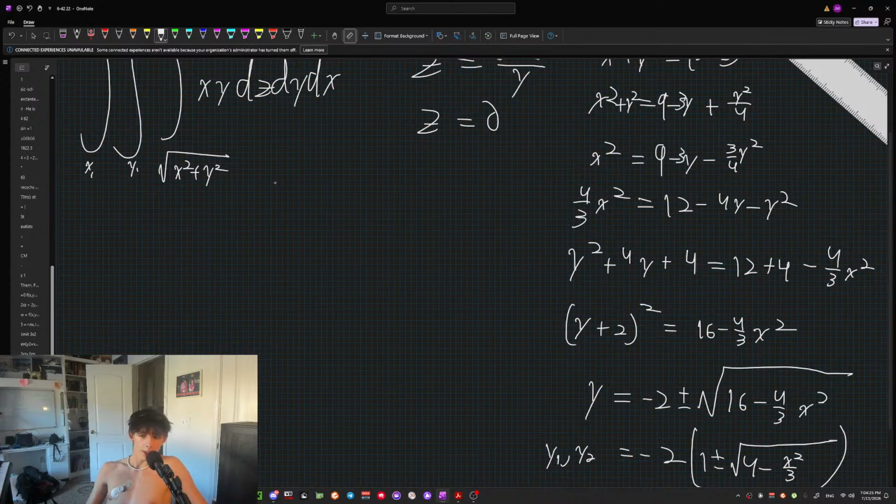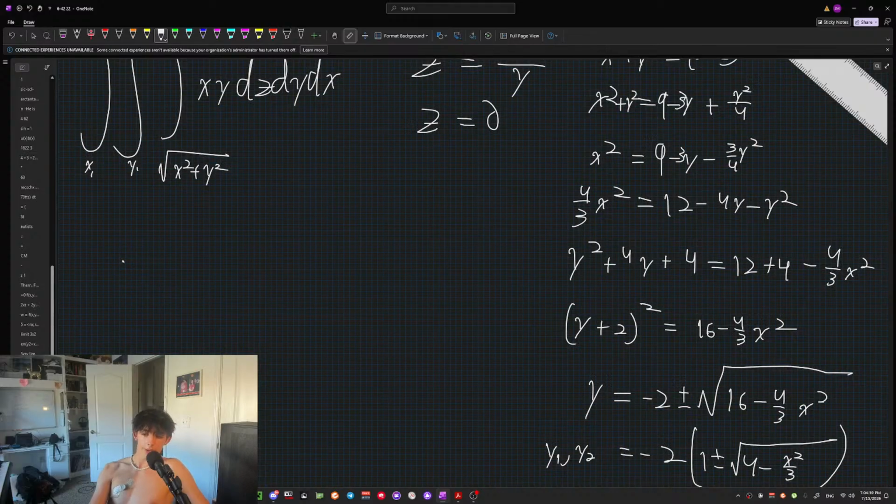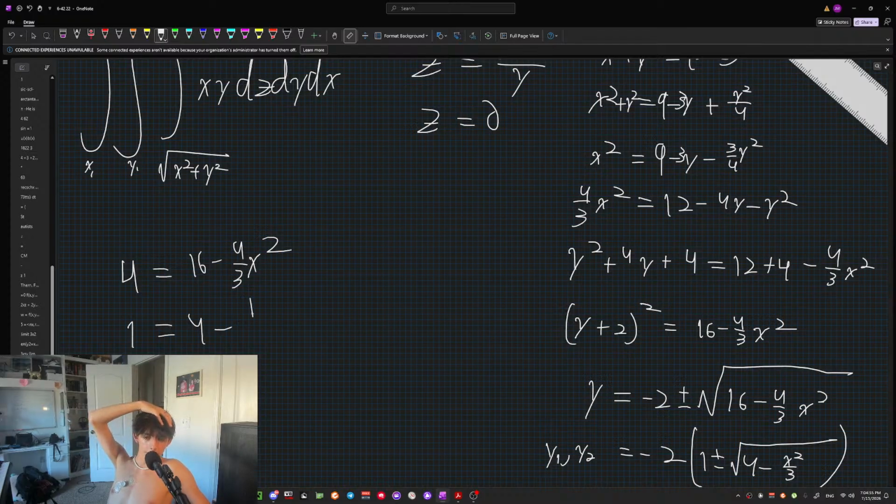So let's just let y equal 0. So we have 2 equals plus or minus. Actually, it's the square root of something. We have 4 equals 16 minus 4/3 x squared. So if we divide all that by 4, we have 1 equals 4 minus 1/3 x squared. So let's subtract 1/3